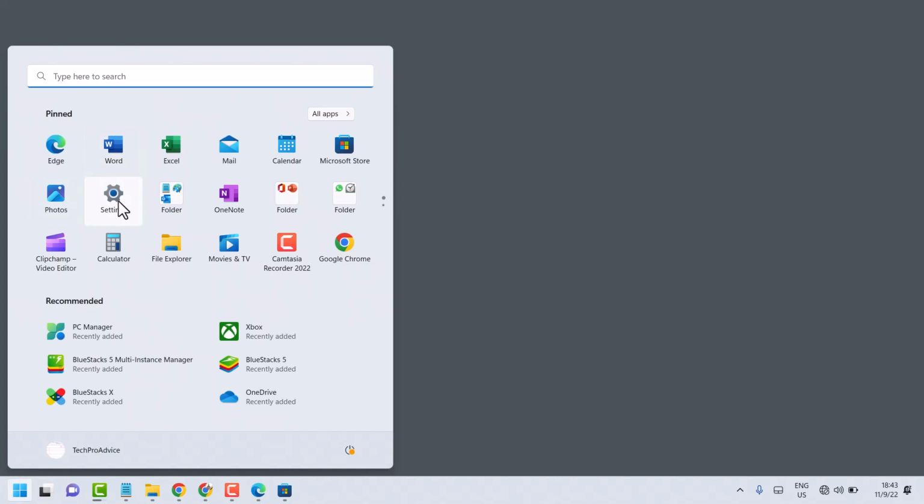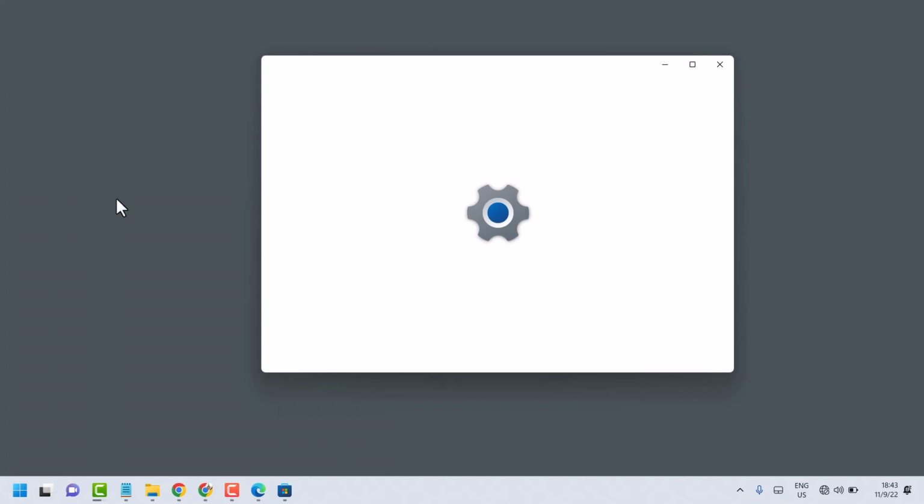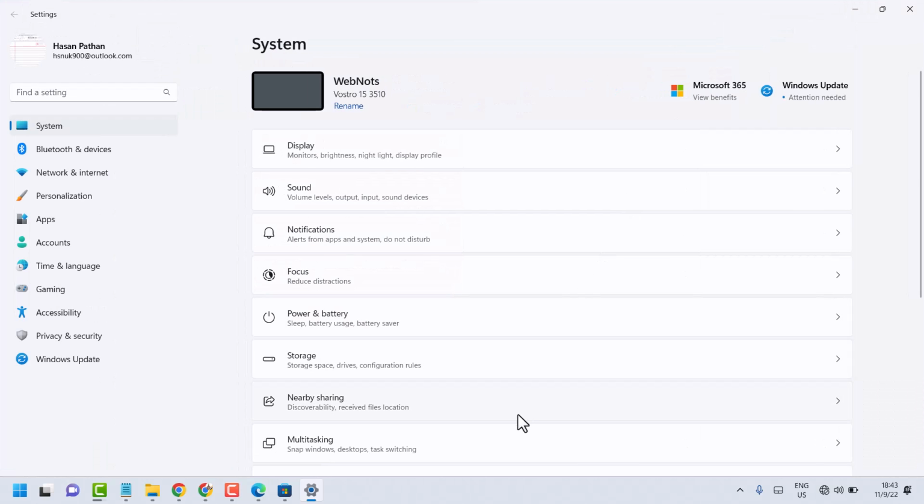So click on start, then settings. Now here you will see in this left side panel Windows Update. So select it